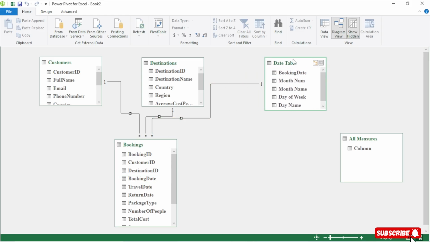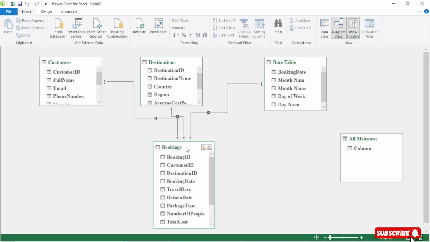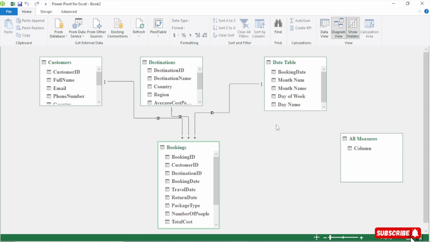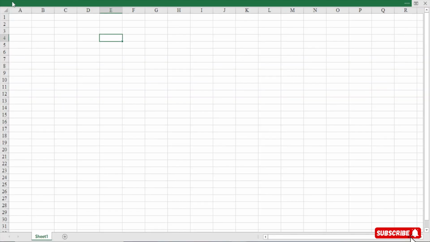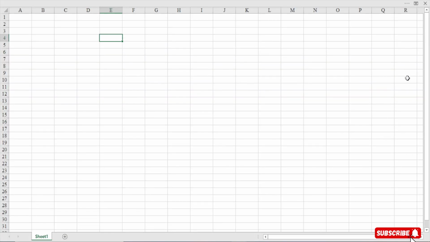Perfect. So this is what we have right here. Something like this, right? Perfect. So now we have created our relationship, the relationship that we need. So we can just switch back to our workbook. Now there's a relationship between the tables. Perfect. So now, since we have the relationship between the tables, what we can do here is start